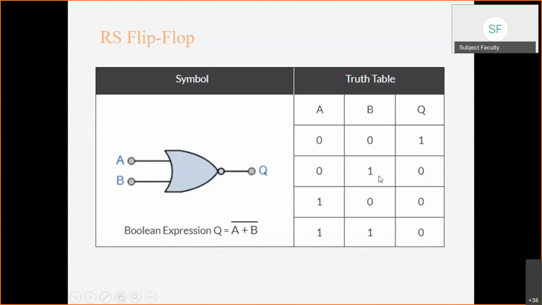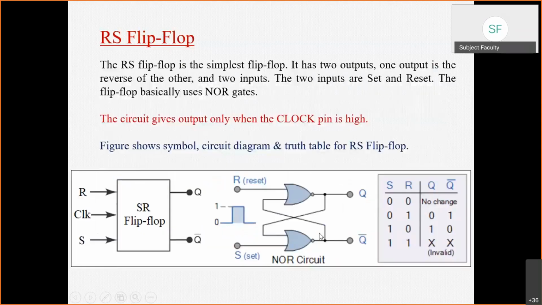Okay, all right. Back to the topic, now we will discuss the working of the RS flip-flop and also verify the truth table. This is the truth table of your SR or RS flip-flop. Since two inputs are there, the total possible combinations are 4. Now again, one important thing: you can observe one more input is there, that is the clock.